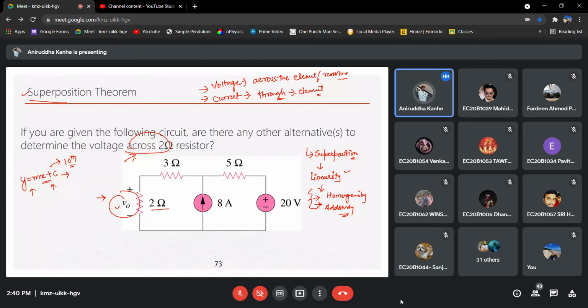What is y equals mx plus c? Roll number 10. Absent. 15. No, sir, it doesn't satisfy additivity. Okay, so it's linear. Yeah, it's a linear equation, I think so, but it doesn't satisfy additivity. Roll number 27. Yes, sir. Whether it is satisfying homogeneity and additivity.